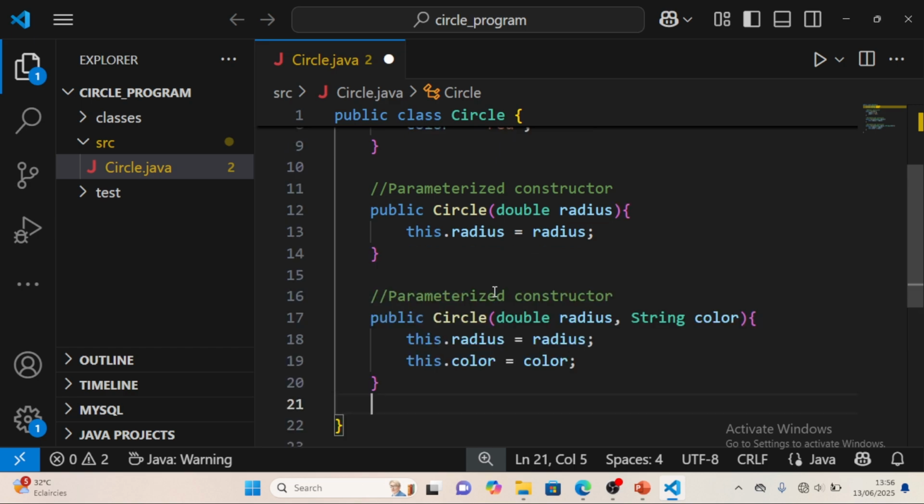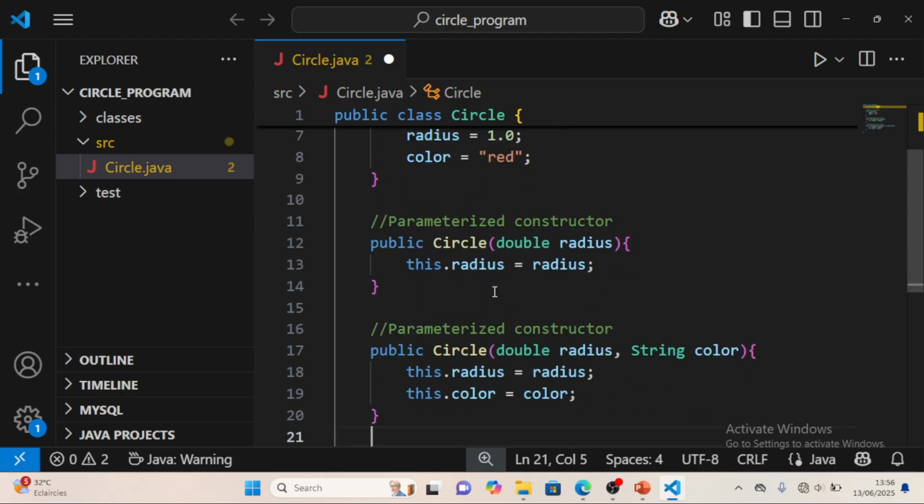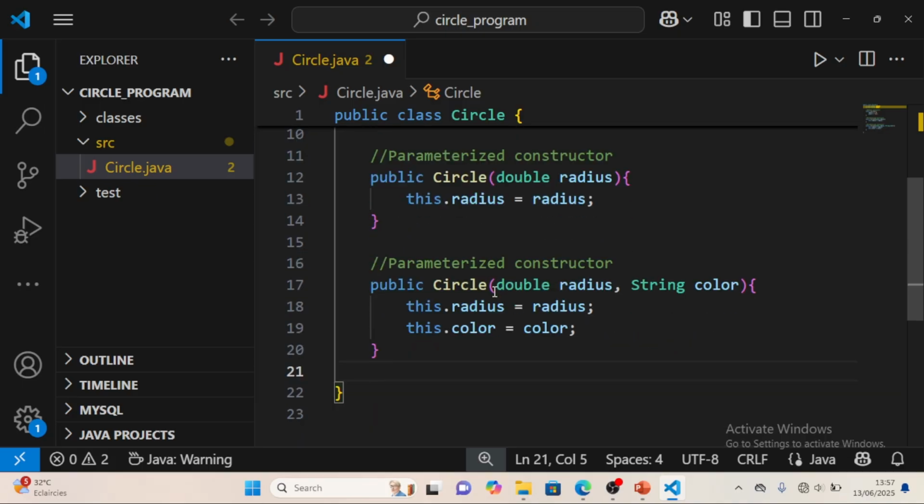So at this point, we have created three constructors: one default constructor and two parameterized constructors. The first parameterized constructor has just a single parameter, and the second one has two parameters, as specified in the question's class diagram. So you must have understood that a parameterized constructor is one for which you have to specify the parameters. Now that we are done with that,